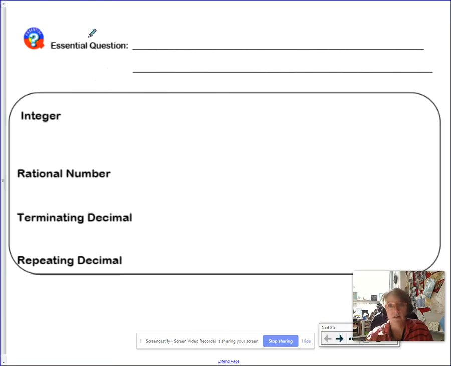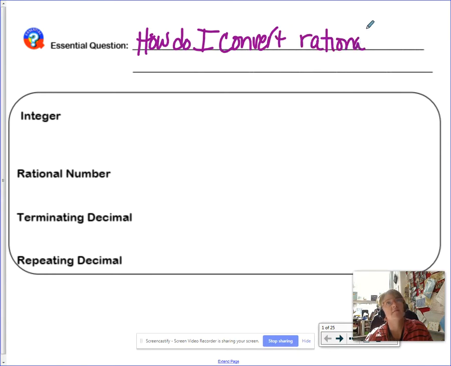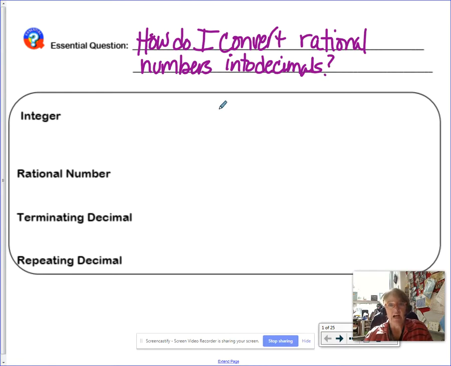All right. So our essential question is, how do I convert rational numbers into decimals? Question mark. All right. So I want to review a little bit. Some of these terms might be familiar. We're just going to kind of put a brief word definition, and sometimes we'll add some more to it as